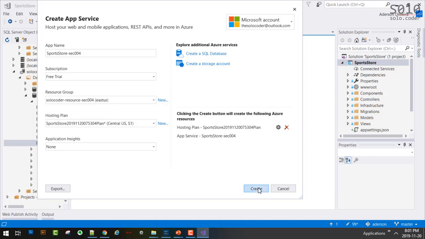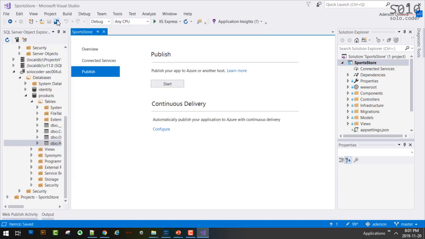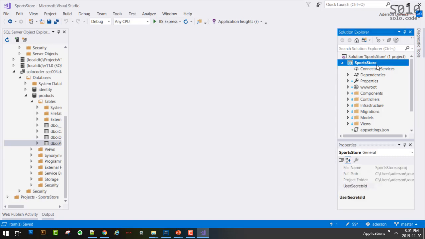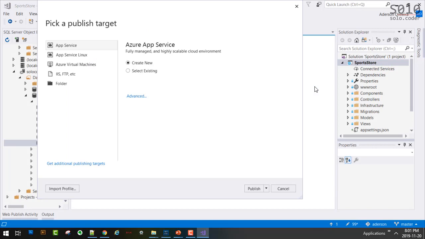I'm just going to try again here, see how it goes. It's saying that the name is already taken because it was able to create the app already. So I'm going to cancel this, save, and try to republish here. Yeah, so it's starting again.